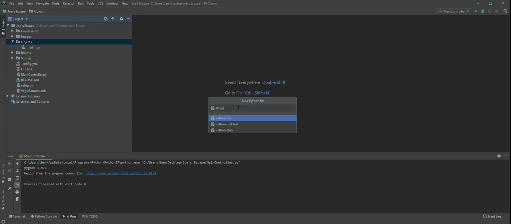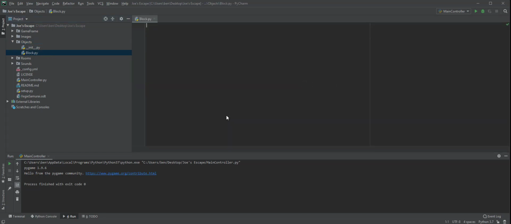Now remember, because we have selected Python file from our right click menu, we don't have to add .py there. We can just put in block, which is going to be the title of this one, and then we're going to add the following code. So we're just going to say from GameFrame import, and then we're going to have room object. Okay, and then basically from there we're going to create our class. So we're just going to have class block, and it's going to be a room object,